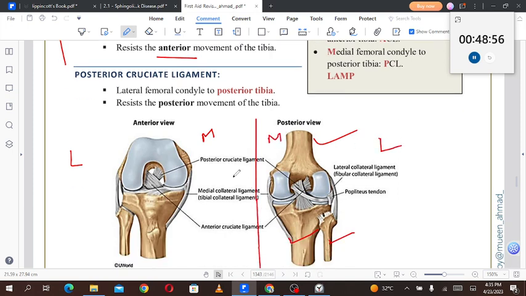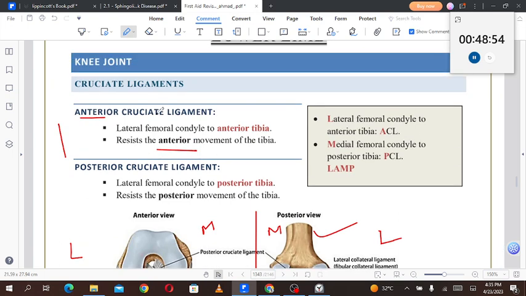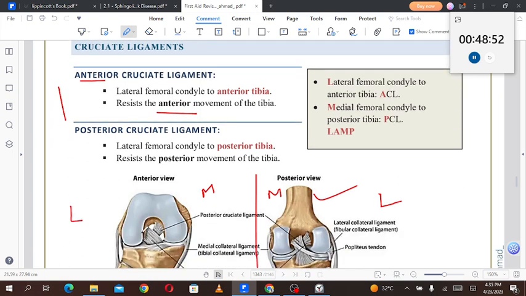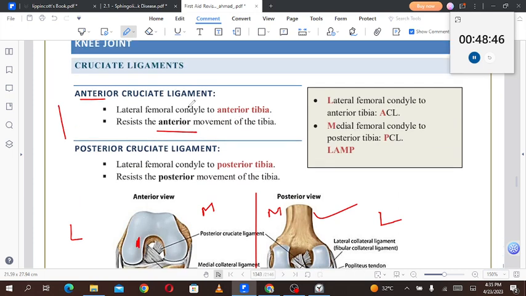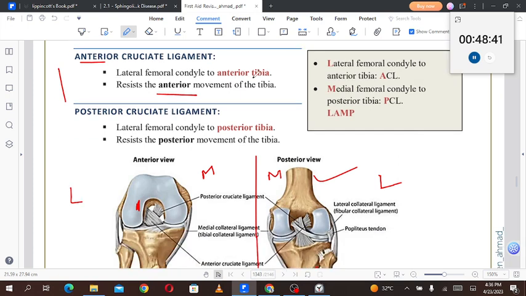So this is the lateral aspect and this is the medial aspect. So let's divide these pictures. Now, the anterior cruciate ligament is coming from the lateral femoral condyle. Like here you can see the anterior one. It is originating from the lateral femoral epicondyle. I'm sorry, no, it's not epicondyle, it's condyle. So lateral femoral condyle to the anterior tibia. Okay. Then the posterior cruciate ligament,